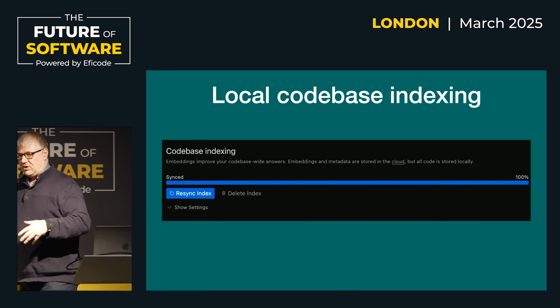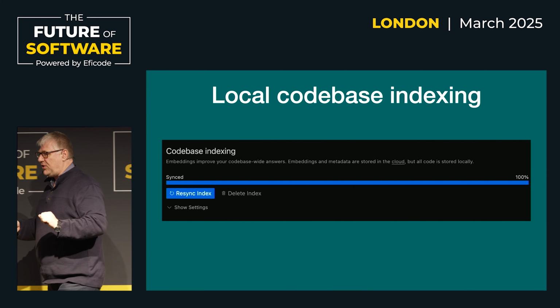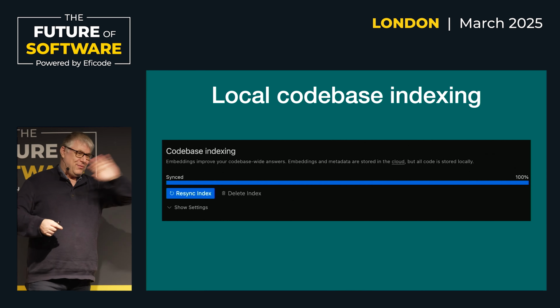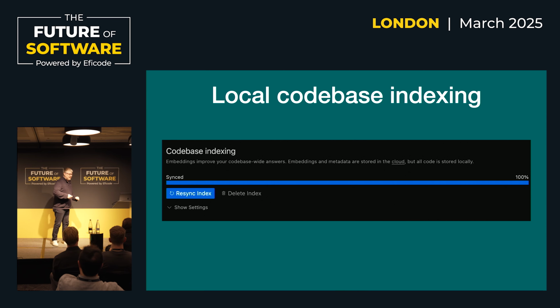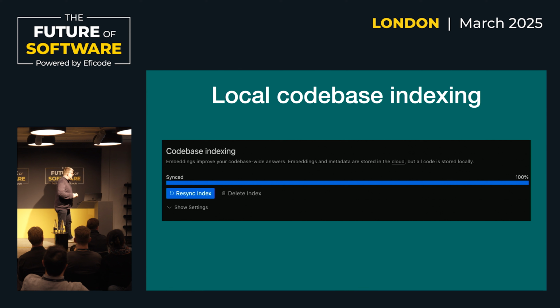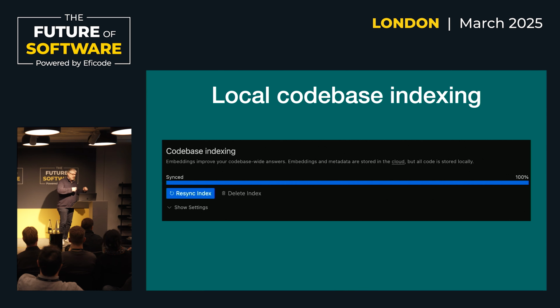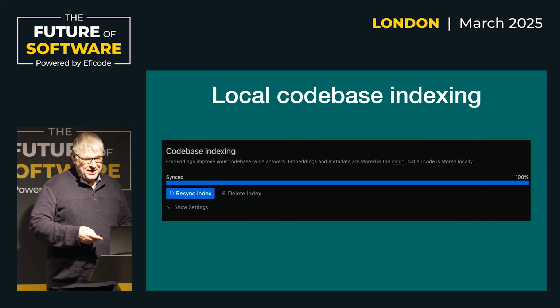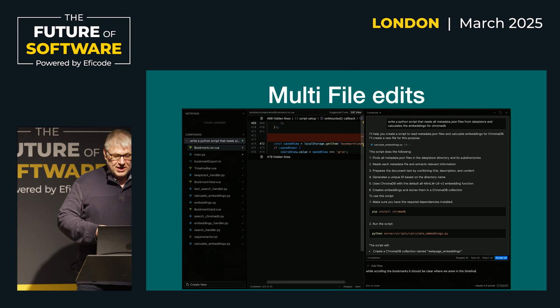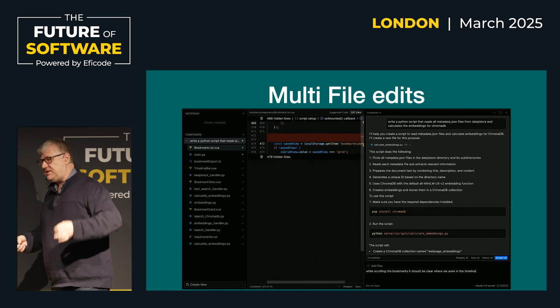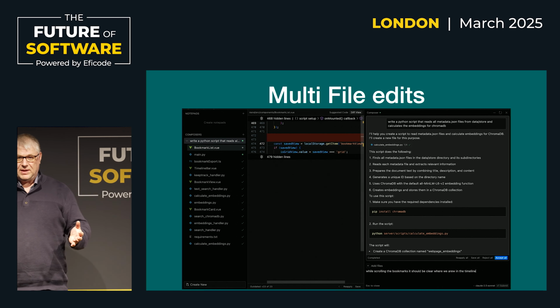It started understanding our code bases. It was a little bit of a funny thing. Everybody thought it was talking about fine tuning. We kind of went off that track and said, let's look at our local code bases. And it was funny because the big companies asking for fine tuning were the first ones to say, not on our code. So this was the solution, doing it locally, keeping it locally. But we've gone from one file or a tab completion to multiple files now being suggested.